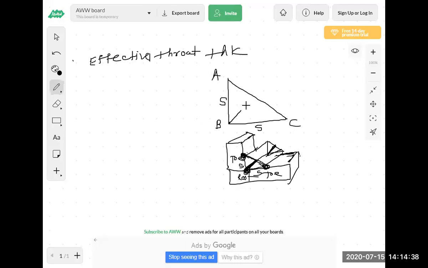Now this is the throat thickness. So this is the perpendicular, this is again perpendicular. In that condition they are perpendicular to each other. So this is the throat thickness. That throat thickness we have to calculate. So here, assume this point is D. Now, from this figure,